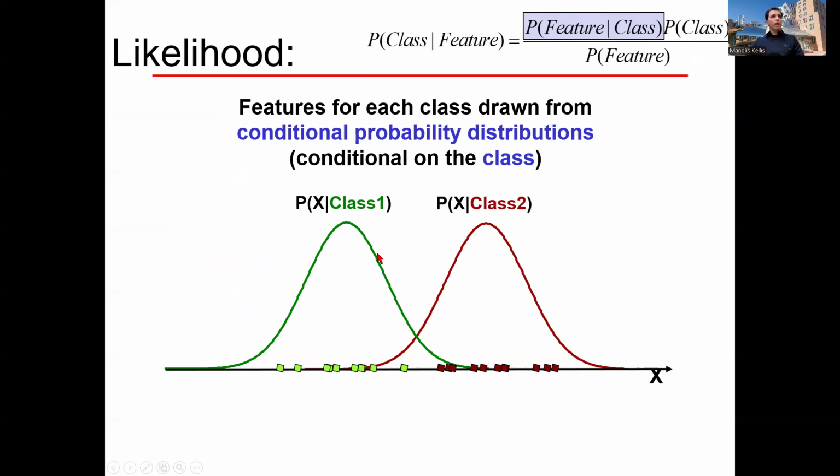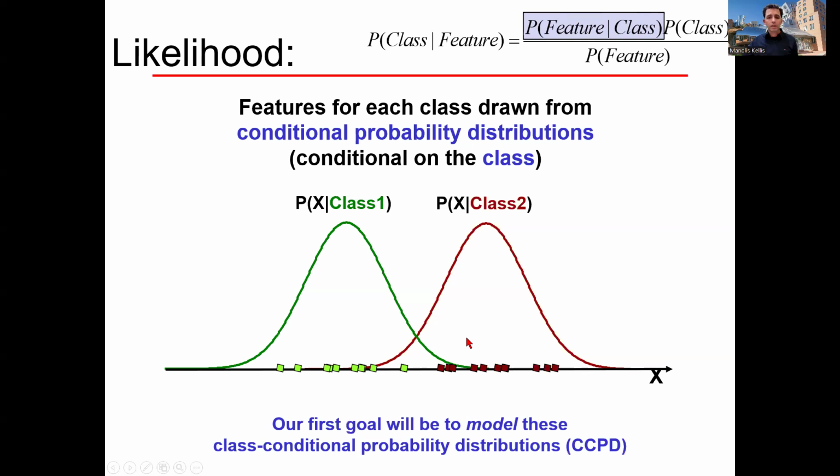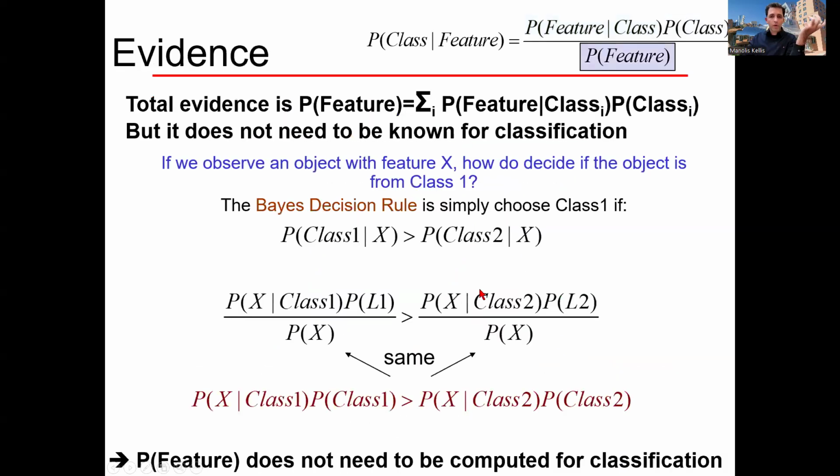So before, I was doing everything from scratch. I didn't know what point belonged where, and I didn't know what the cluster would look like. Whereas here, you actually know what points belong where. And therefore, it's actually super trivial to infer the center of mass of that distribution. It's just the average of those points. The spread is just the standard deviation. And you can now use that to start inferring what is the probability of a given class given the data, and how much more likely is it that something belongs in class 1 versus class 2 given the data.